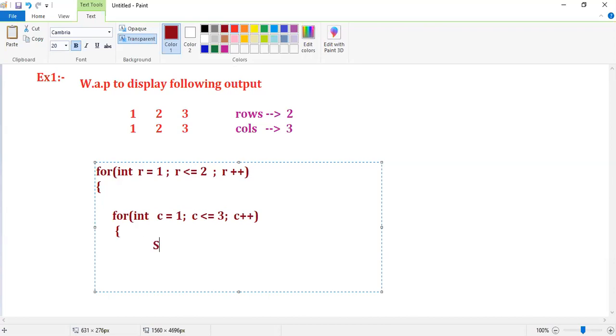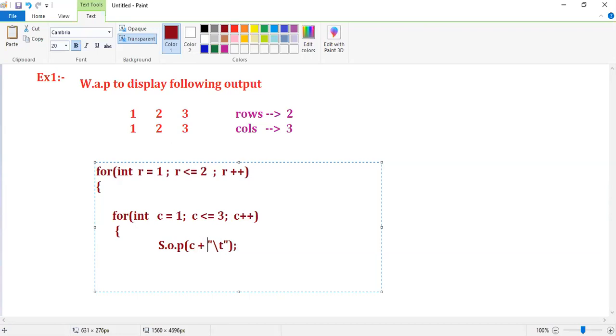Fine. Now System.out.print. What do I want to display? I want to display the column value plus \t. I need some tab space, right? That's why \t. \t will give you tab space. In between 1 and 2, some space is available, that is called tab space.